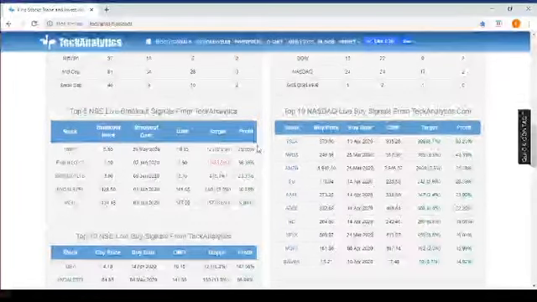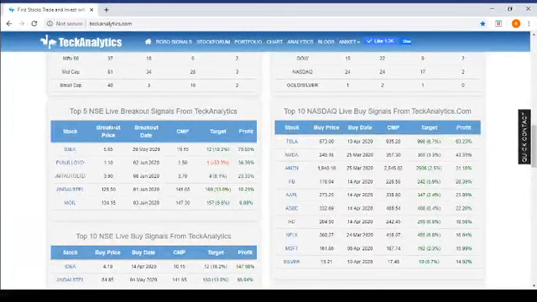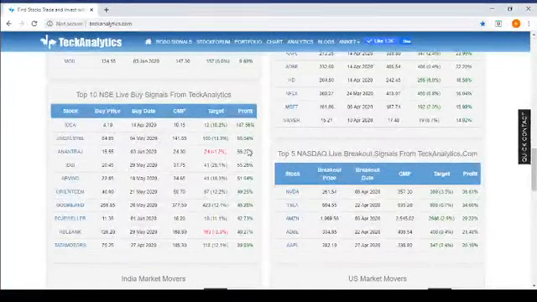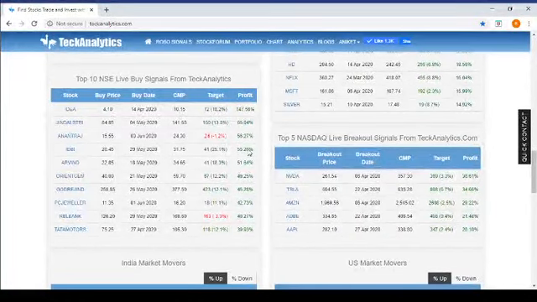And just below that, there is another table of breakout signals, because our website is used by different types of people: investors, traders, as well as students. This table shows the top 5 stocks which got a breakout, the breakout price, the date of the breakout in that particular stock, the CMP, the current market price, and the target and profit. I'm just telling this quickly so that you will not feel lonely on this page. You can relate yourself with the market when you see this table.